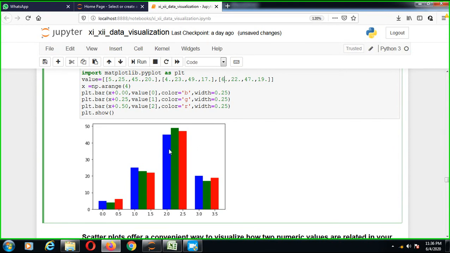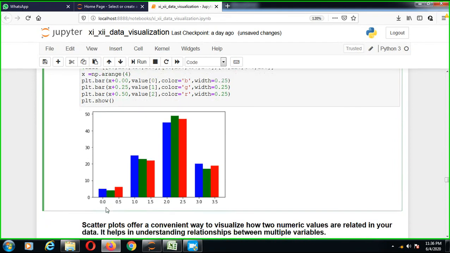Now once again blue 45, green 49, red 47. Next 20 blue, 17 green and 19 red. So according to that, the color bar chart will be reflected.